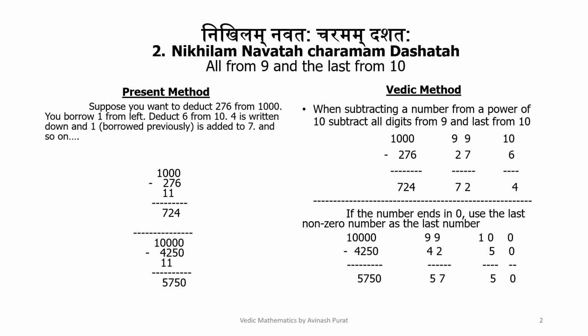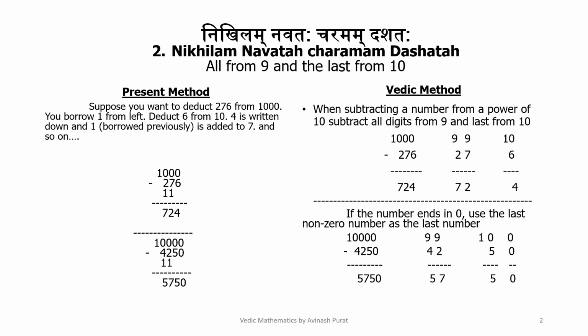Nikhilam Navatashcaramam Dashatah: all from 9 and the last from 10. Present method. Suppose you want to deduct 276 from 1000. You borrow 1 from the left, deduct 6 from 10, 4 is written down, and the 1 borrowed previously is added to 7, and so on. So 1000 minus 276,